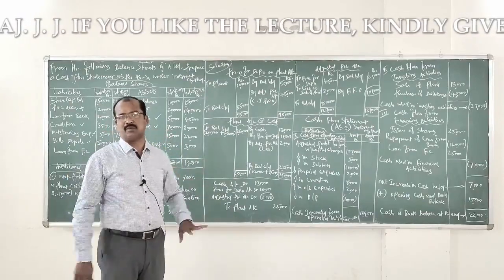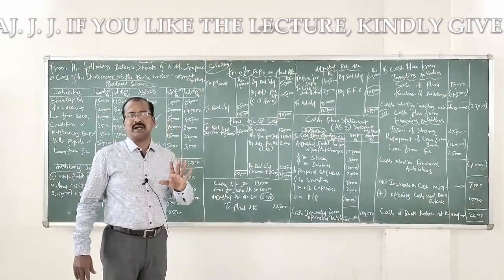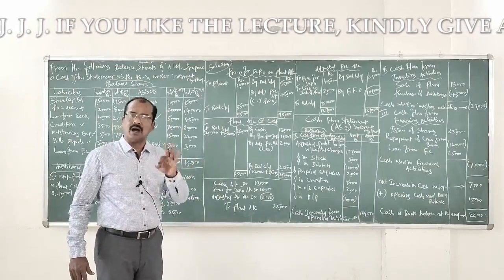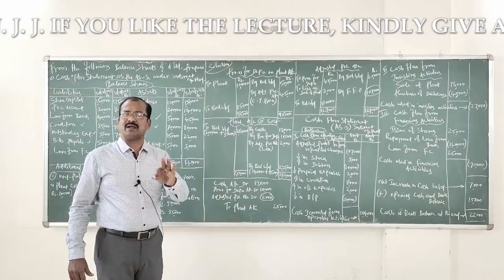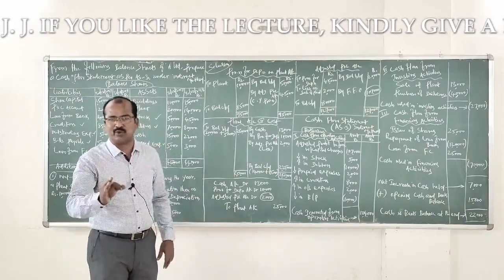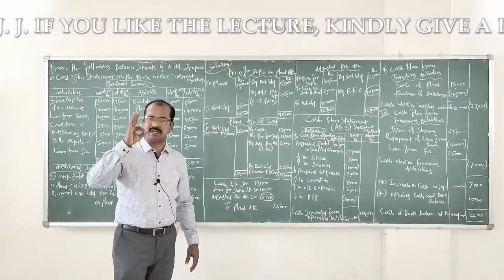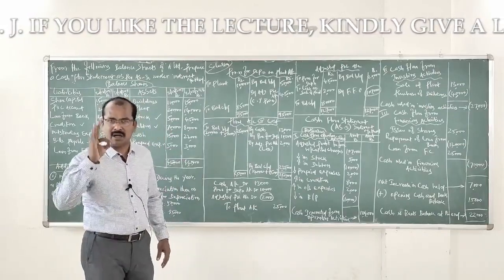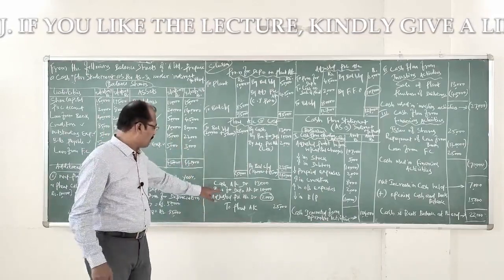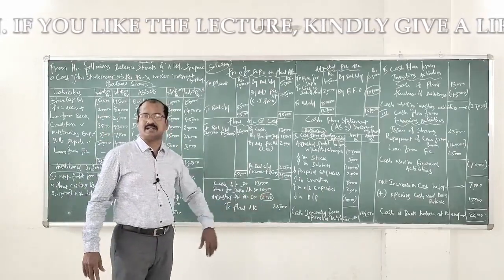So in this problem, what is the plant sold? A plant costing 25,000 was sold. At the time of sale of the plant, the accumulated depreciation thereon was 10,000 rupees. Therefore, the provision for depreciation or accumulated depreciation on the plant should be closed. That's the idea. So, provision for depreciation account at 10,000.